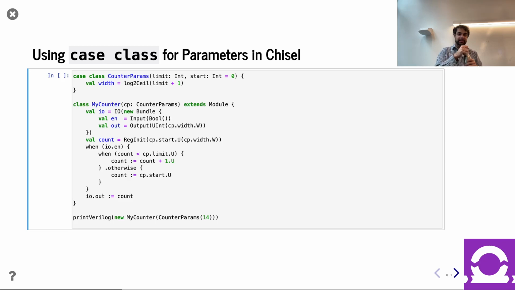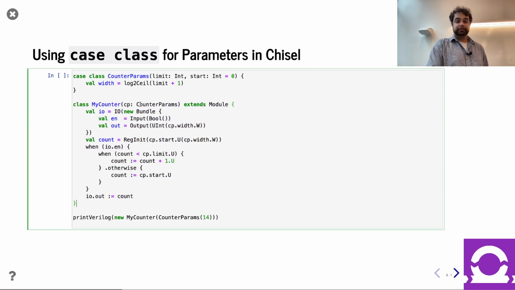So let's take our counter example we've been working on for a while. Originally we just had a limit. Maybe now we'll have a limit and even a starting point. Check this into a case class. Also notice that while we're at it, we might as well figure out the bit width now, right? So we did the whole trick about figuring the bit width from the limit, adding 1, log 2, we understand that. Here's the cool thing. Now our actual generator